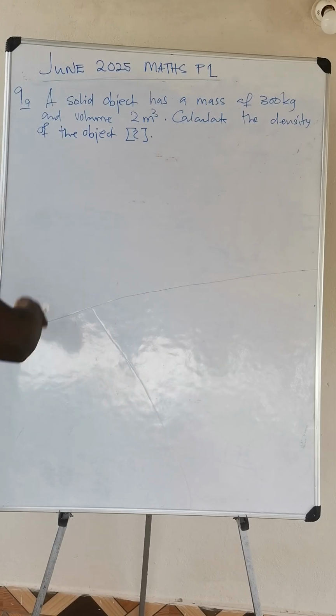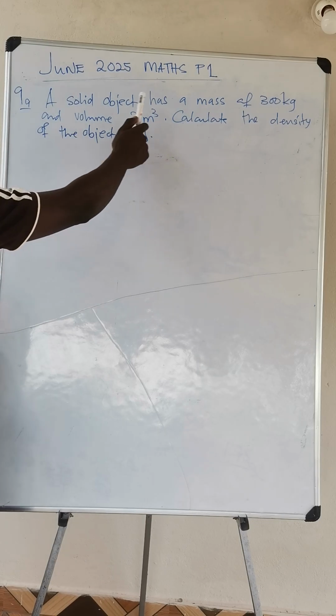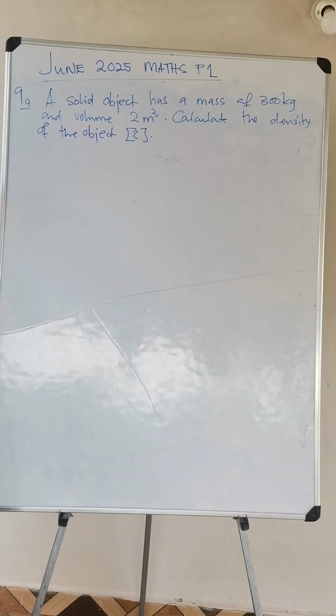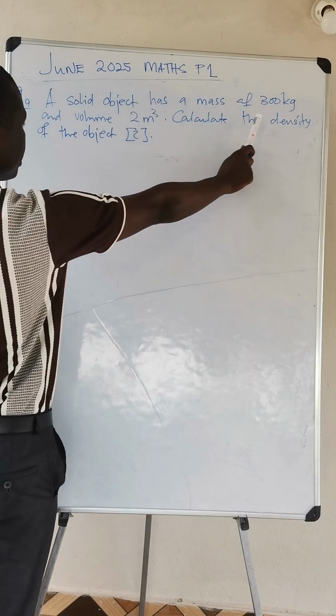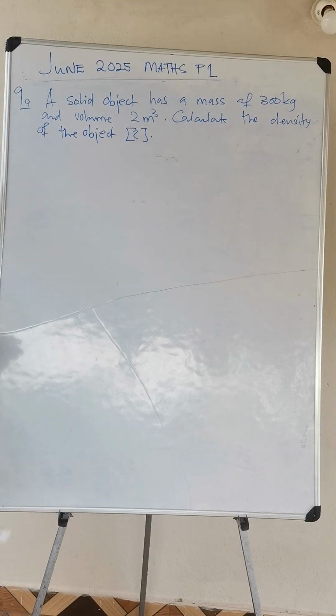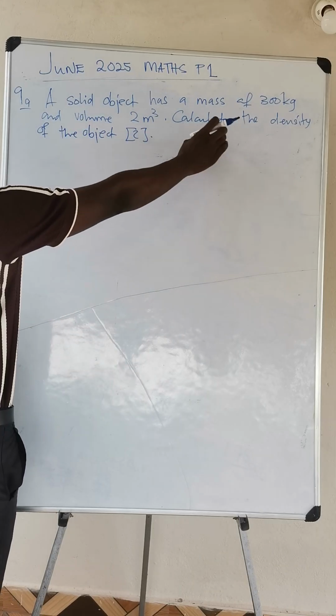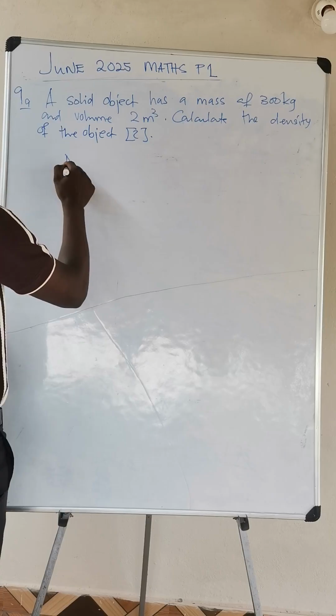Okay, so this is number 9A. The question says a solid object has a mass of 300 kgs and a volume of 2 cubic meters. Calculate the density of the object. It's a 2-mark question. So, density